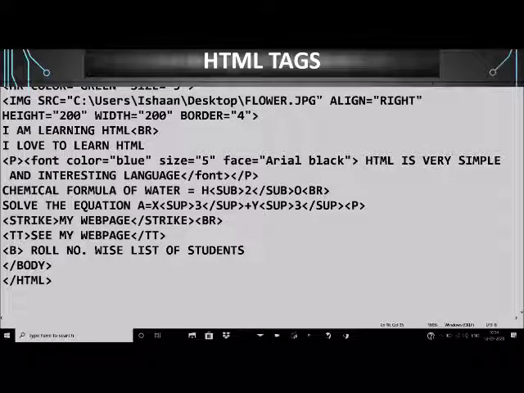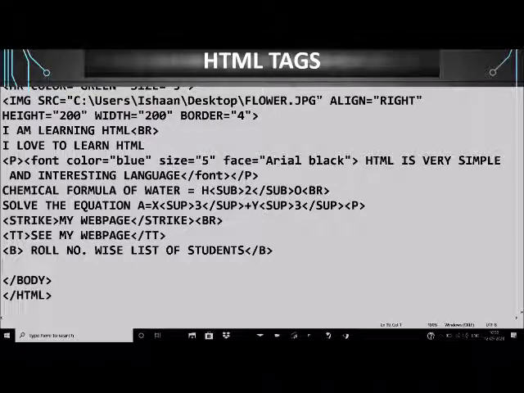This is a heading which is optional. I am just making my web page descriptive. After that, I'll start the ordered list. An ordered list is used when we want a list of items to appear in a particular order. The example is roll number wise list of students. We want the names of the students to appear in a particular order, and the order is their roll numbers. Then I can use an ordered list, and to create an ordered list we use the OL tag.